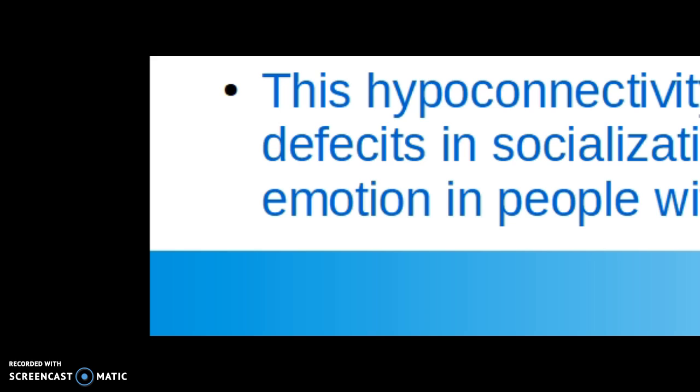Hypoconnectivity in people with autism is also seen in the limbic system. The limbic system controls emotion, and it also contains the anterior cingulate cortex that controls affect and ability to comprehend emotions. So this hypoconnectivity would obviously, in theory, lead to deficits in socialization and ability to show emotion in people with autism. As I stated earlier with the young lady that I observed,